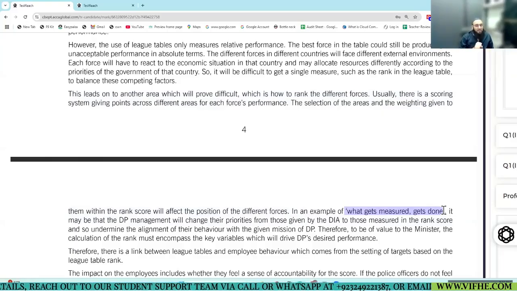The question is whether what is being measured in the league table is properly answering the objectives, the mission, the CSFs. So alignment: if there is a problem in the alignment, then the league table will not give the desired results. So these were the positives and negatives in relation to league tables.